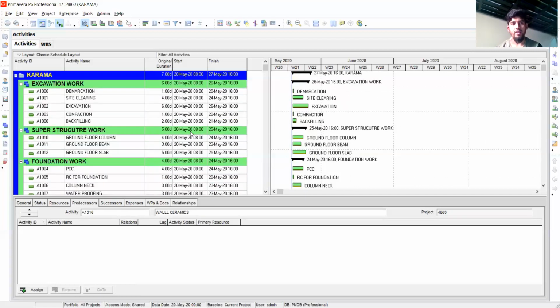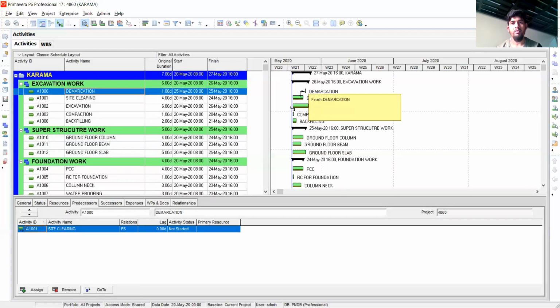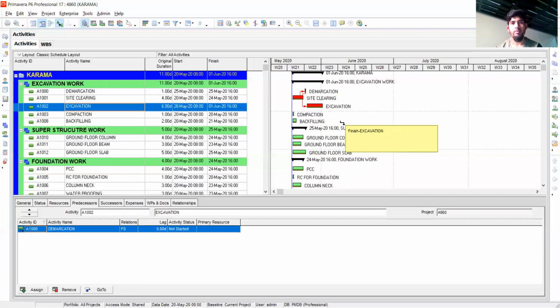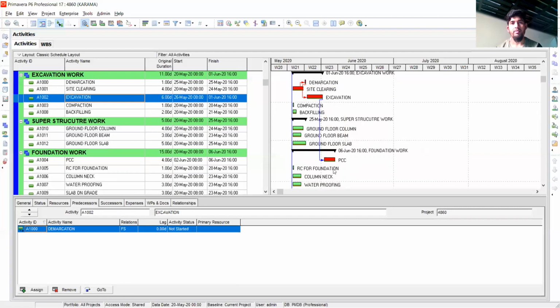To know the relationship, you should also know the sequence of the activities in which the work is conducted. For example, if it is a building project, first you do, let's say, site clearing, then you will do demarcation, then after demarcation you will do excavation, then after excavation you will do PCC. Okay, then after PCC